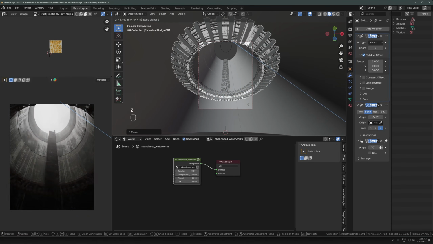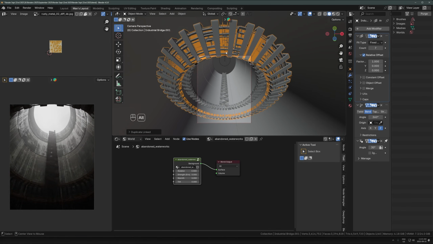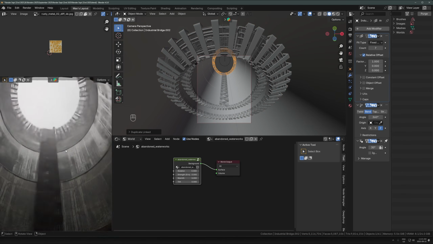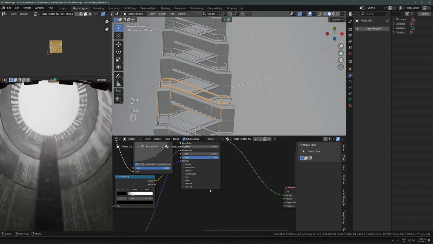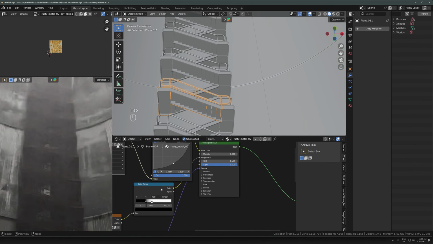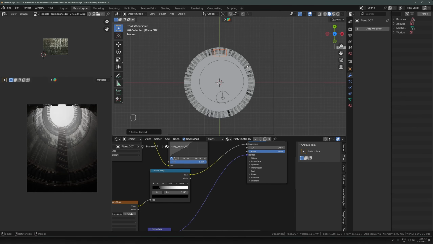So I'm just pressing Alt D Z, bring that down a little bit. Let's do another one at the very top as well, just for some extra detail up there. Bring that way up. That's cool. I think I want to make this material a bit more reflective. Let's go into just this material here, the rust, and let's allow some more reflectivity off of that. Let's then go to the cursor as the pivot point, and then hit Alt D, R,